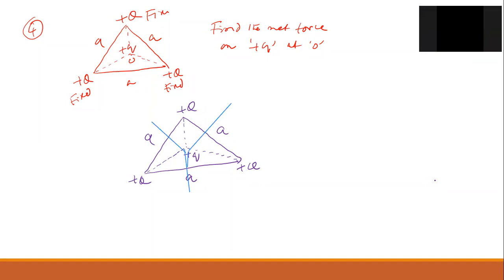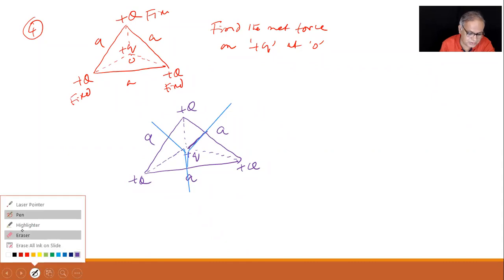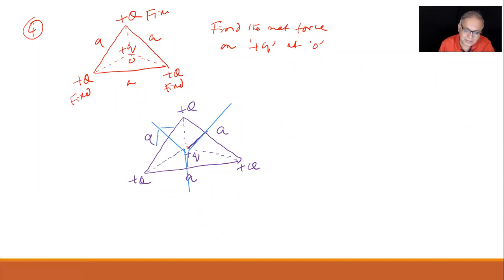Arrows should be put. Who is doing it? Devarchit. He's putting it right, but you should put the arrows, otherwise it's not a force. What he says is this force is this way. Force of this is this way, he says. Force of this is this way, he says. Correct. And what is the magnitude, Devarchit?